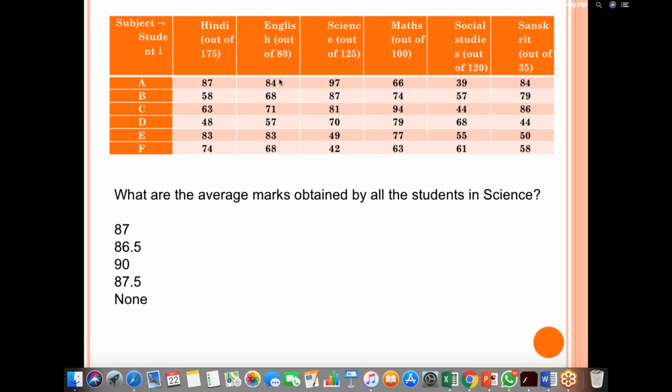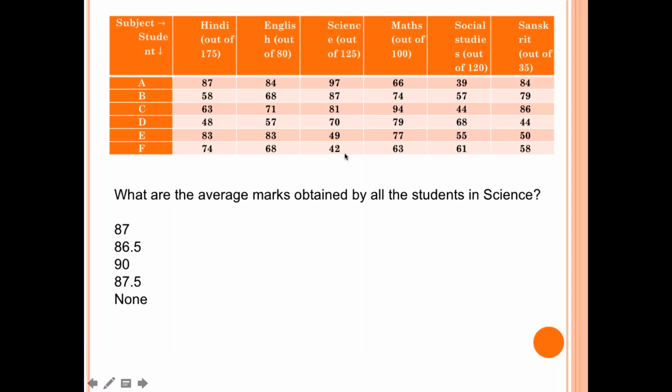Ayushi got it as 88.75. First we have to take the average of percentage. If your base is common, you can take the average of percentages, and then you can calculate your percentage. Earlier, in the last question, the base was not the same, so we should not have taken the simple average of these three values and then divided it by 3. Here we can do so. We sum it all up, divide by 6, then we can get the percentage.